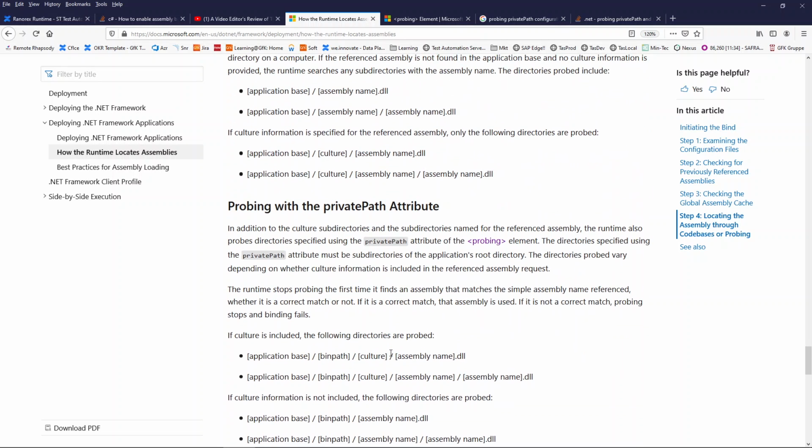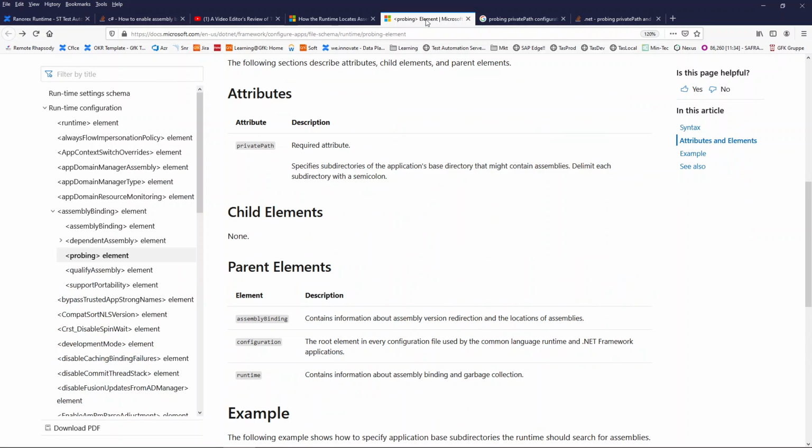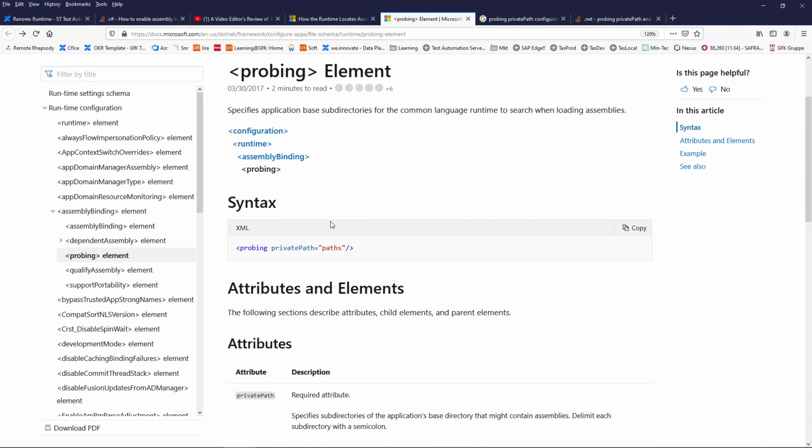Okay. So if we go to the probing element, we have it here. The probing element specifies application-base subdirectories for the common language runtime to search when loading assemblies. It is not so easy to understand when you read this.